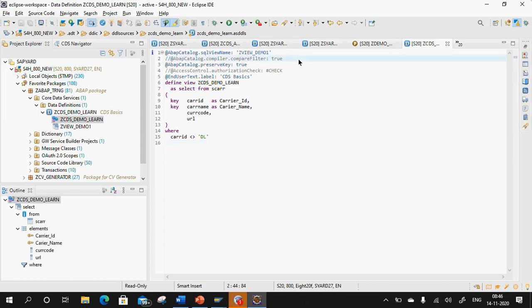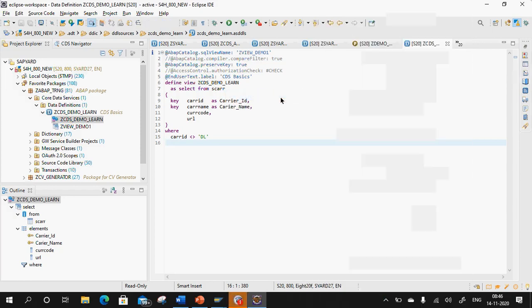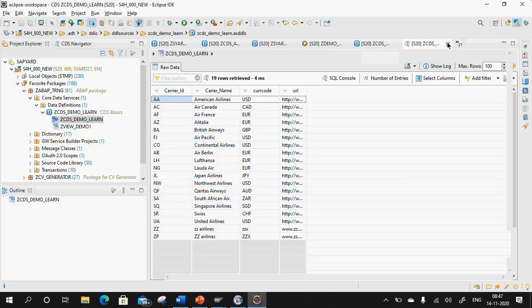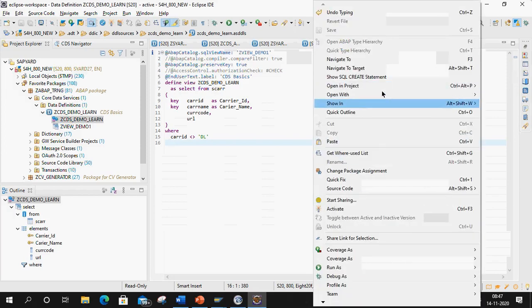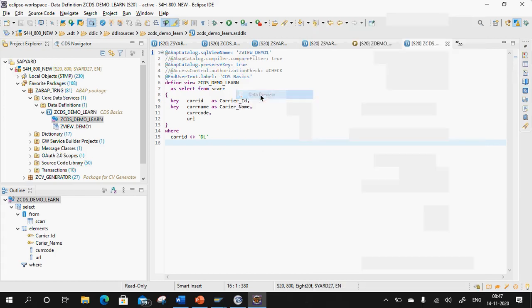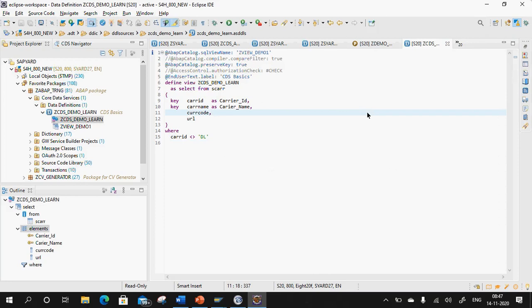So guys, as I told, data preview can go from F8 also. Do an F8, Ashit? Are you speaking about data preview? Do an F8, or right click on the same and open with data preview. Right click on the same, open with data preview, or do an F8. So in both the ways you can go to the data preview. I prefer F8 because it is a shortcut.